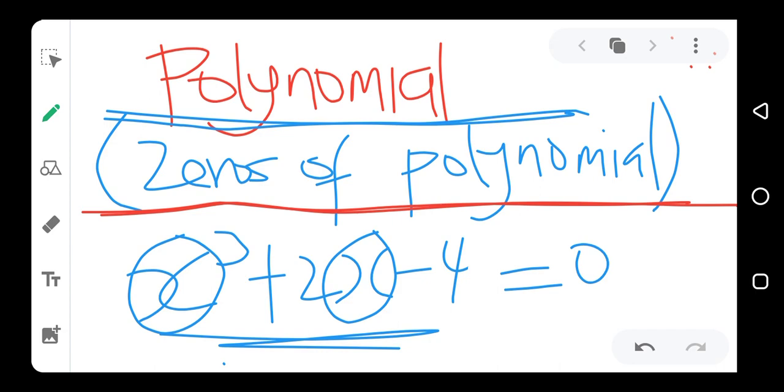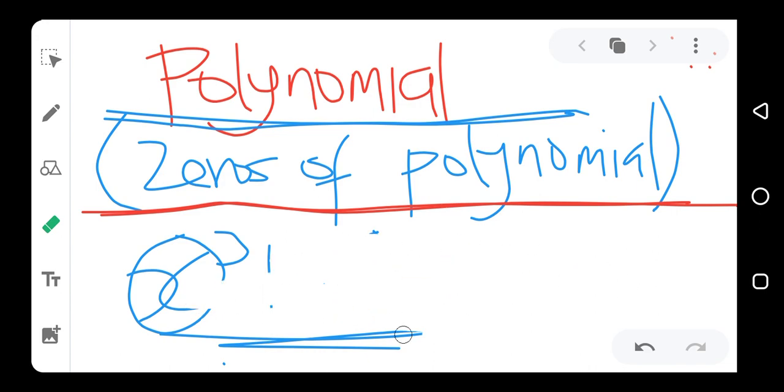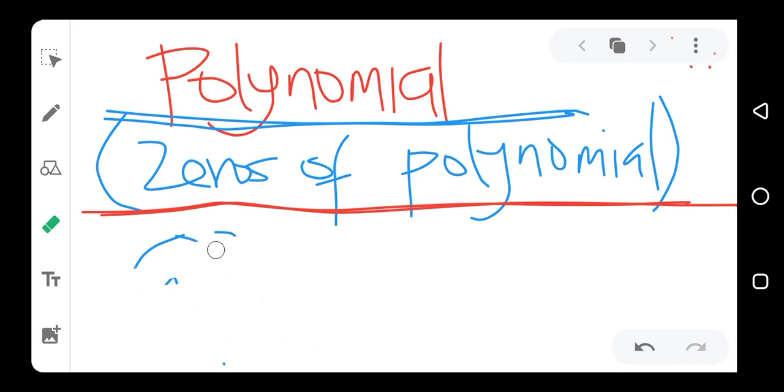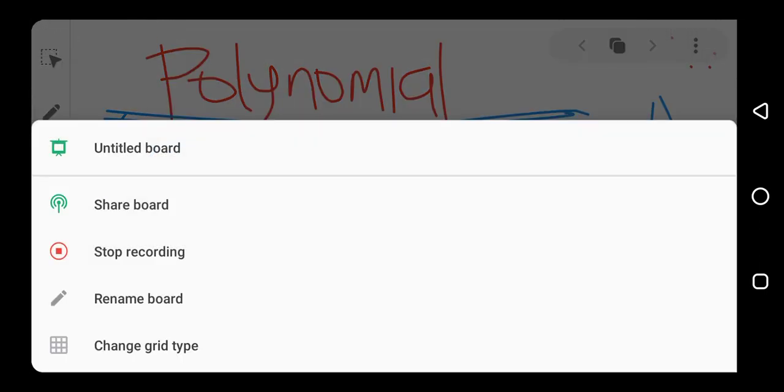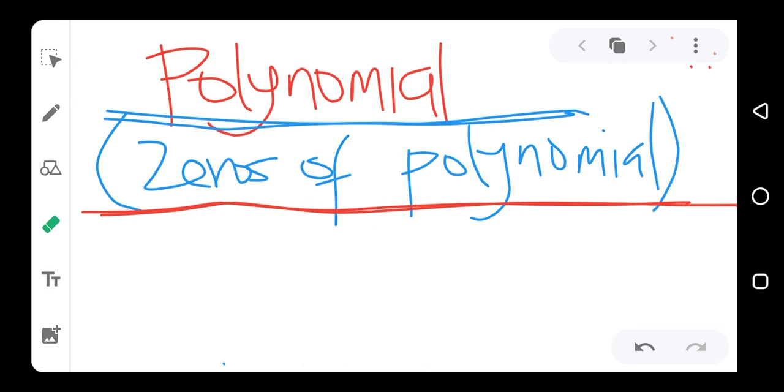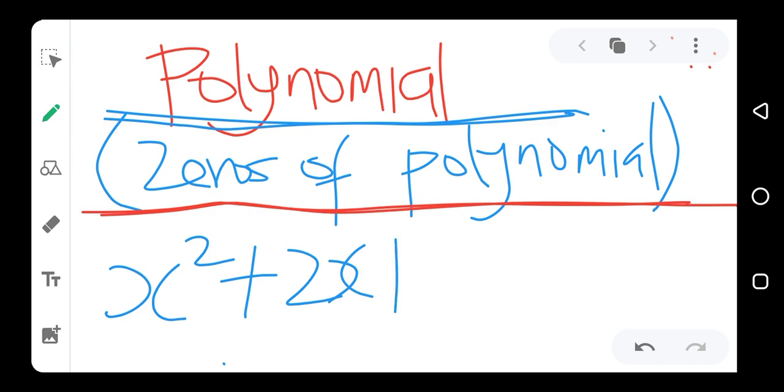Now let's look at some examples. Let's start with a quadratic function. That is the one where the power is 2, as a polynomial. That is a binomial. Now if you have x raised to power 2 plus 2x plus 1, and we are asked to verify